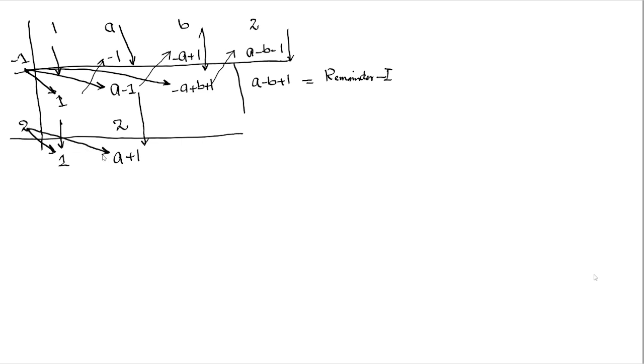A plus 1 multiplied with 2. Write the result under the next term. So we have 2a plus 2. 2a minus a is a. We are adding these two, and b written as it is, and 1 plus 2 is 3. Now this is remainder number